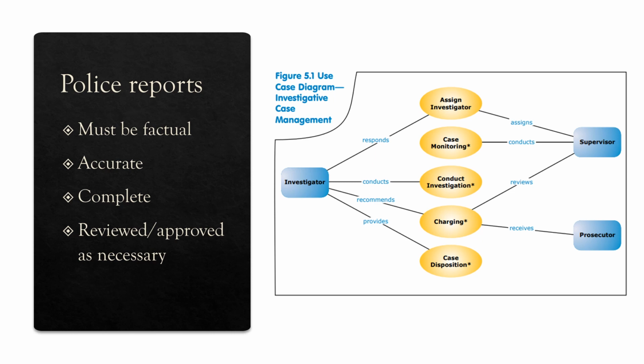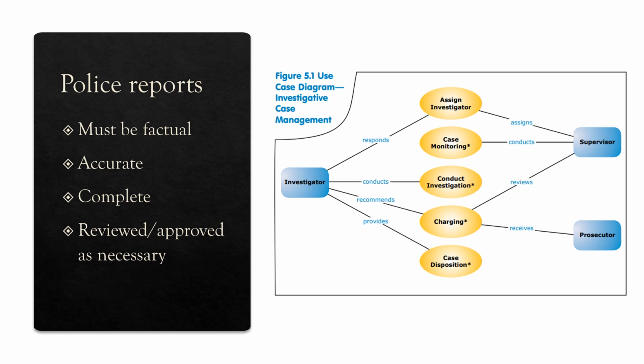So a little bit more here on the flow of what police reports look like. You have your investigator, lots of different actions and activities that are going to happen, but ultimately the reports are going to get sent to a supervisor. The supervisor is going to review and approve that. Generally speaking, that will flow from the supervisor to the prosecutor's office for charging, and then once the prosecutor receives that, they can make that charging decision, and then the investigator is going to hold on to that case disposition